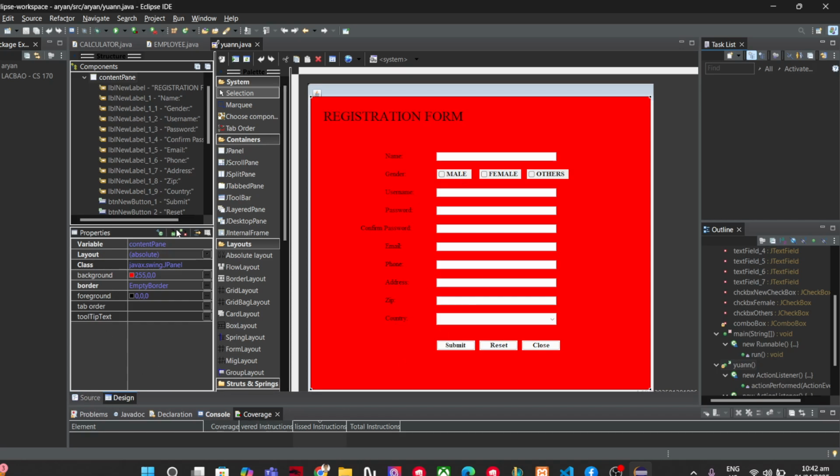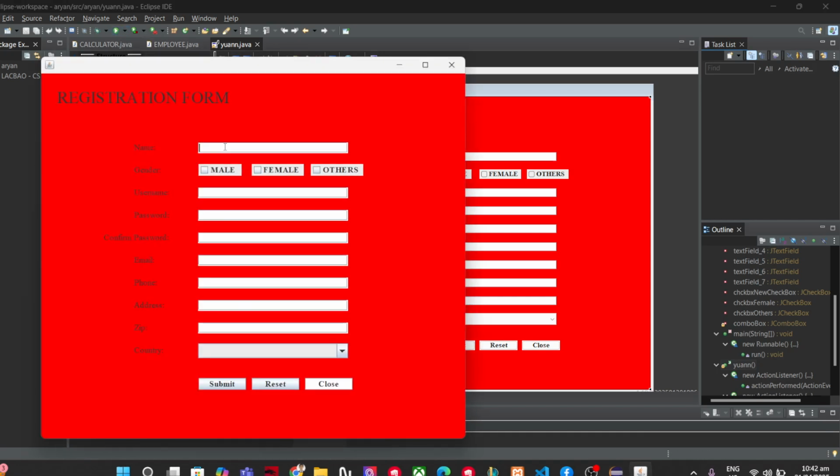And first, we need to run it so that I can show you. So type in my information first. On gender, you can click male, female, others.